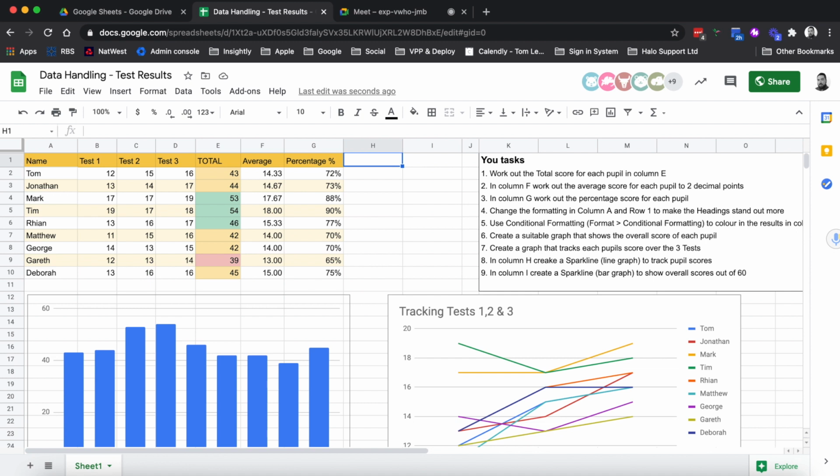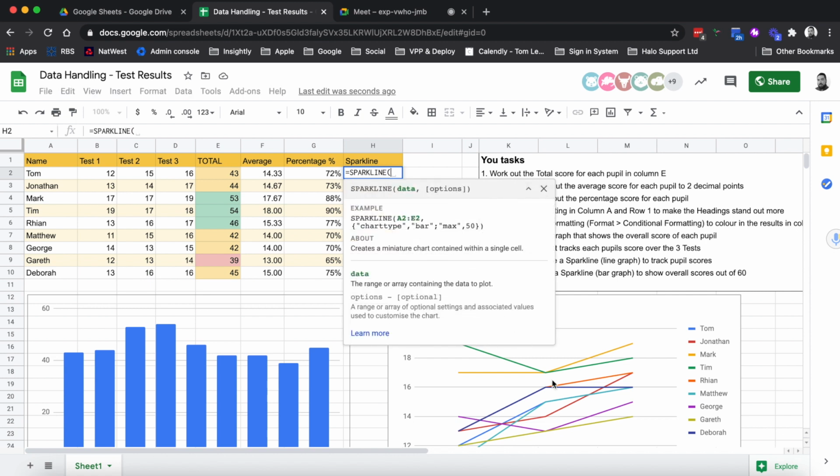If I just type in Sparkline at the top here, watch what happens as well, in that it knows that this is an additional column in this same kind of mini table. So it does the colors and the formatting and everything for us. Now all I need to do is type in equals. I'm going to do a formula. If I type in the word Sparkline,